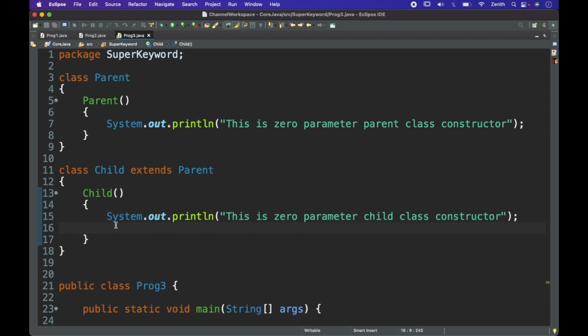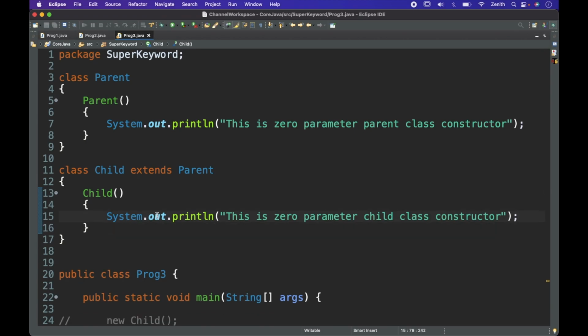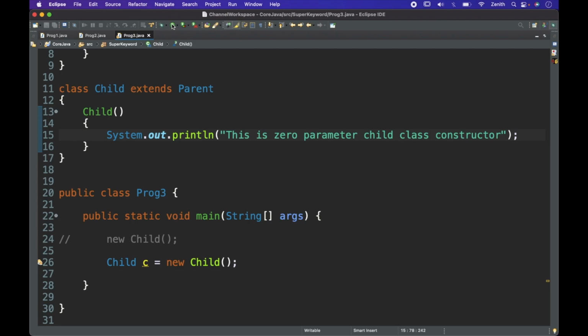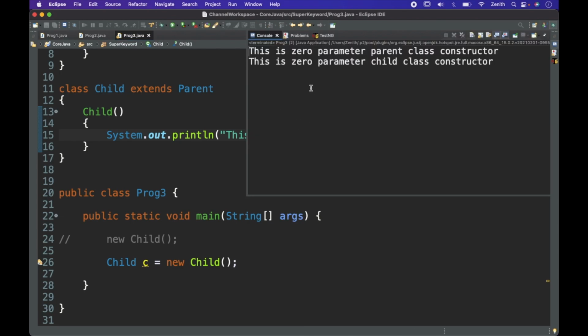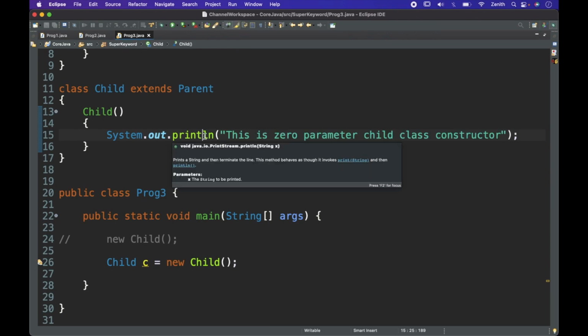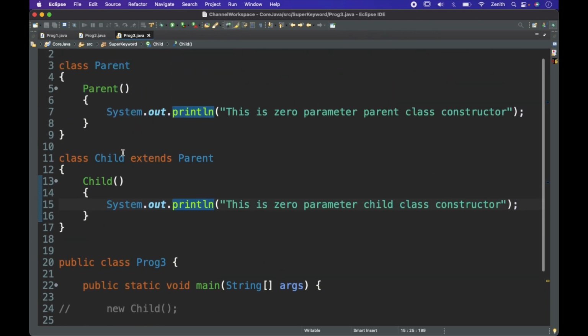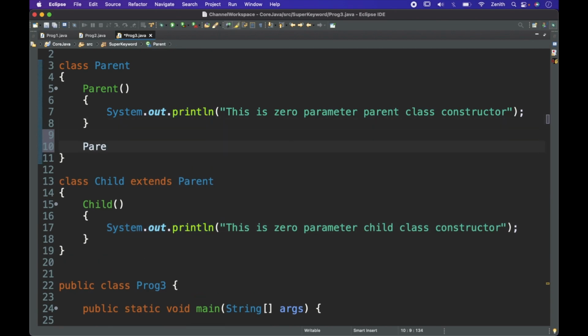Now again if I try to execute, then I'm getting the same result. This is the zero parameter parent class constructor and zero parameter child class constructor. Now if I create a parameterized constructor like parent and string str,